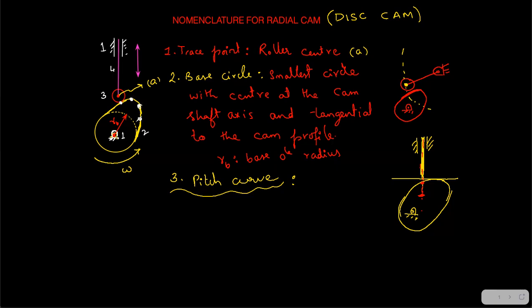So now if I do the inversion, even now I give you a condition that the follower should travel in this path. Now if the cam is rotating anti-clockwise, the follower is touching the next point here. Now if I fix the cam, where should the follower touch? How should the follower rotate? Imagine that the follower is rotating. Can it rotate anti-clockwise? You hold the follower and rotate anti-clockwise. The next point touching is this, not this. So if it needs to touch this point, the follower has to rotate clockwise.